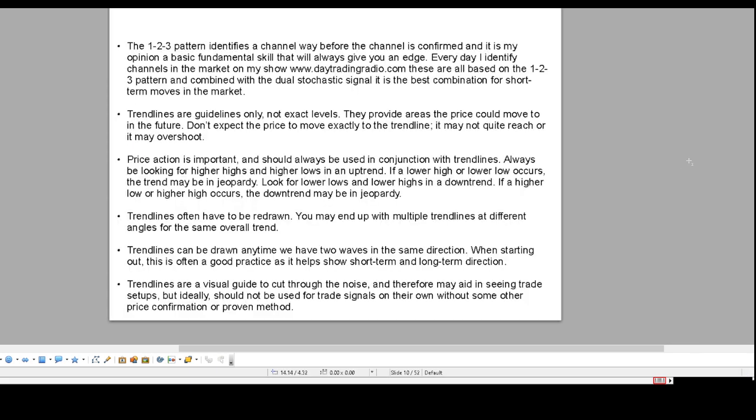This is from a mini course that I have out, and we're talking about trend lines here. Trend lines are another very important part of the puzzle. Again, you could pause the video and read up on it a little. I won't go into too much detail because I don't want to make this too long of a video. But trend lines are very important. That's why I added on to this.